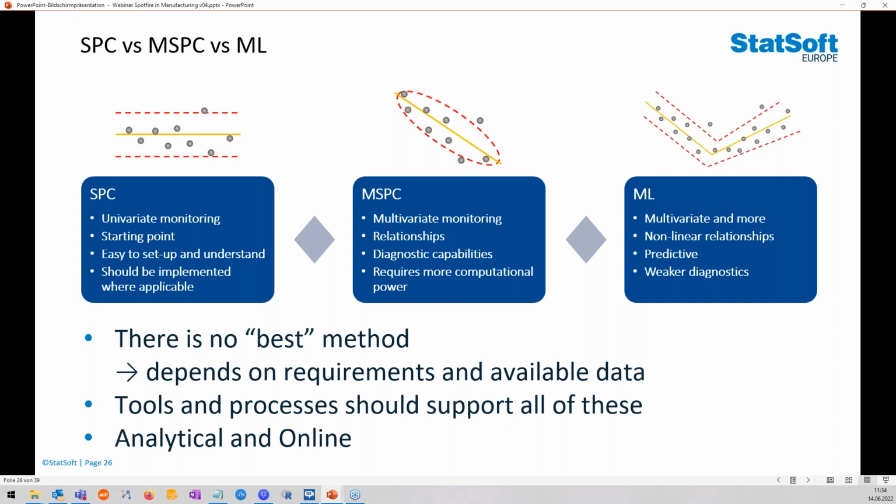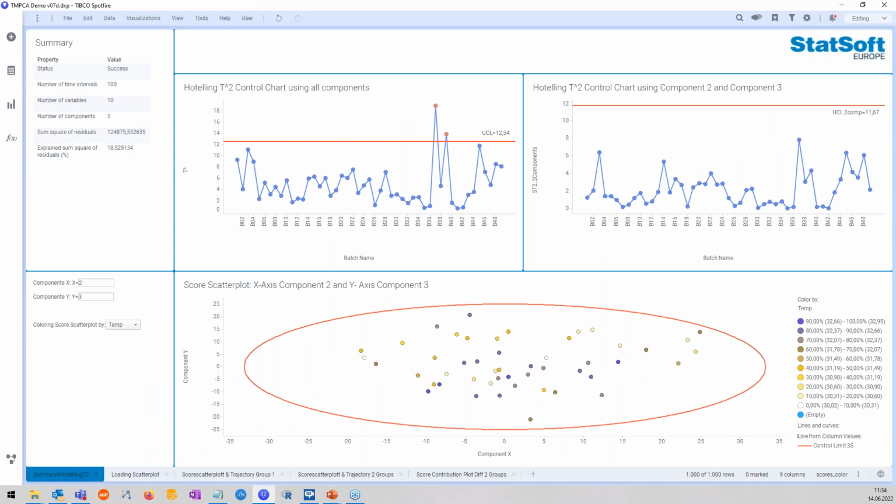Let's take a look at how an MSPC example in Spotfire could look. So let's go to Spotfire here, and you see this is TIBCO Spotfire. It's an application that we built together with a customer, and it's specifically an MSPC application. There are some more abbreviations attached to it, which I'm probably not going to dive into today, but we could have a whole lecture about this.